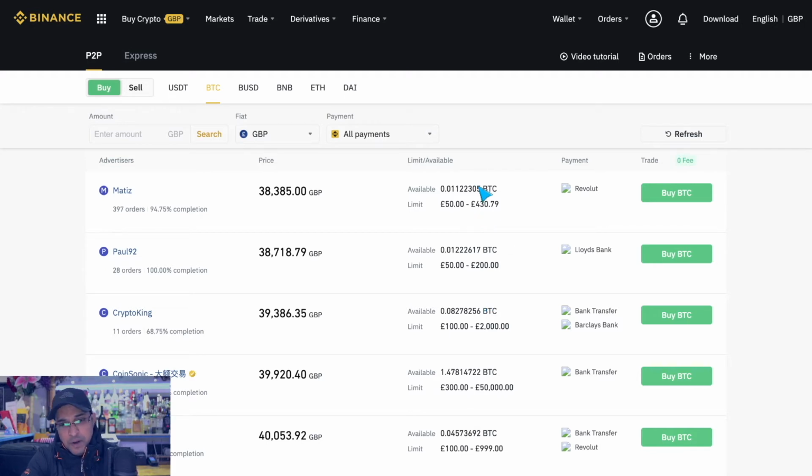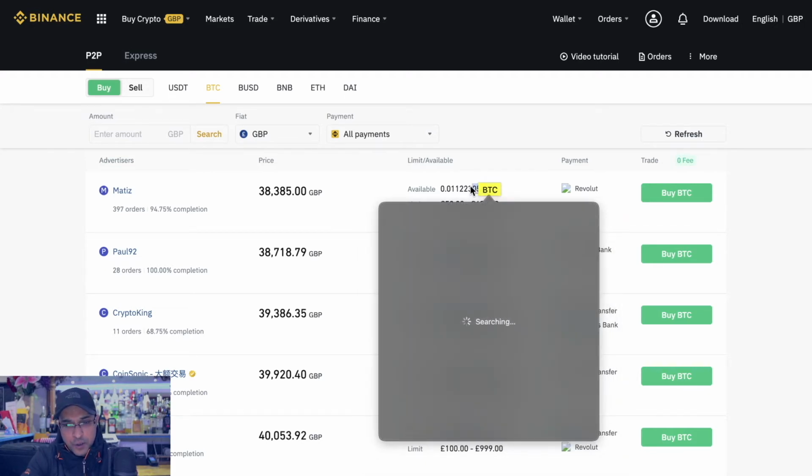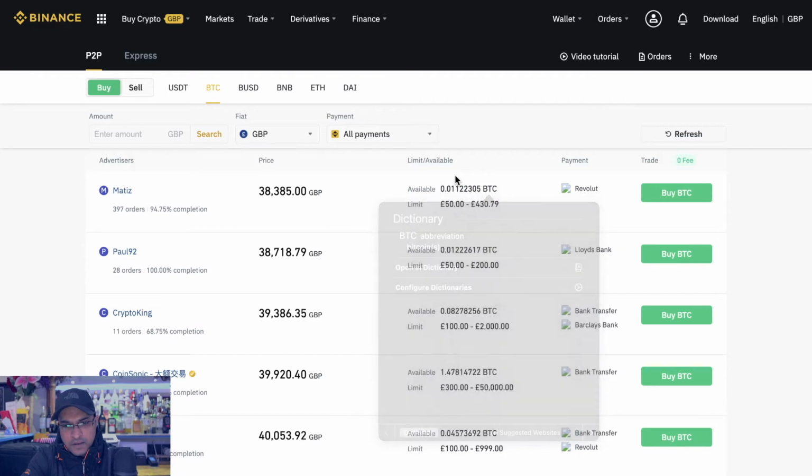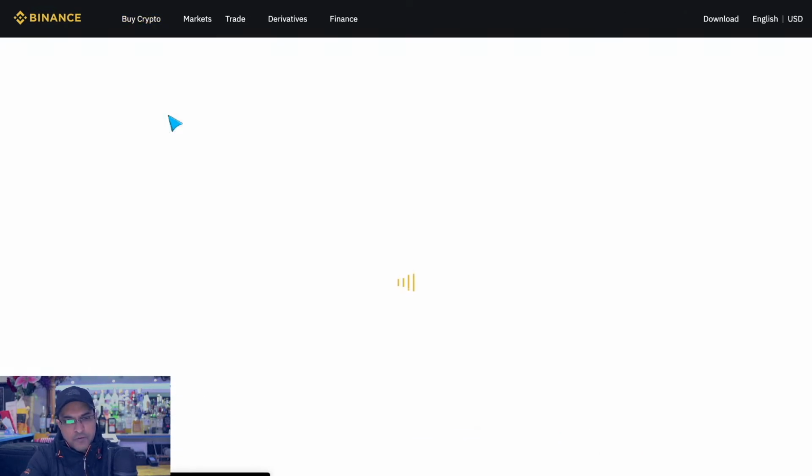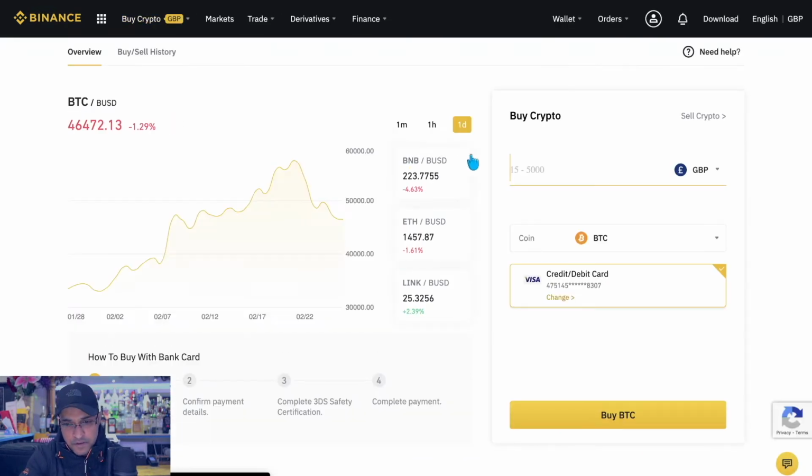If you wanted to buy, I'm just going to copy and paste this to show you something. Give me one second, sorry. Let me copy and paste this. We're going to copy this, and then paste it into buy crypto. We're trying to buy with credit card. Forget the zero fee, we know the zero fee is going to be better. We say we want to buy